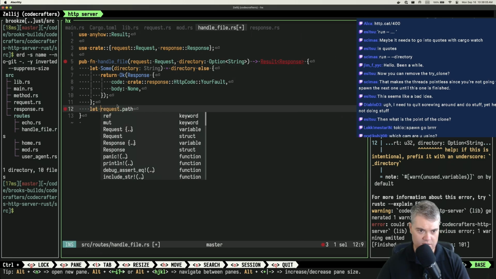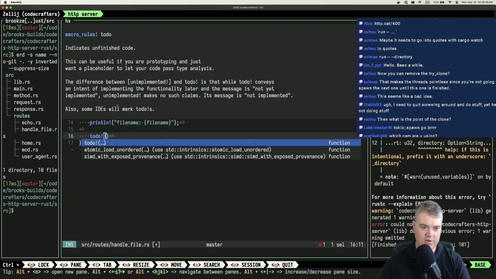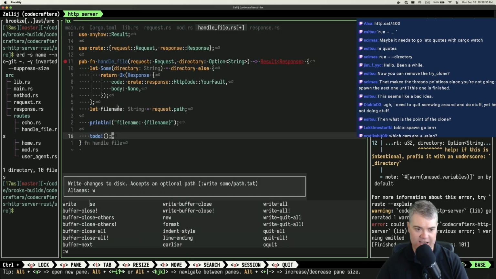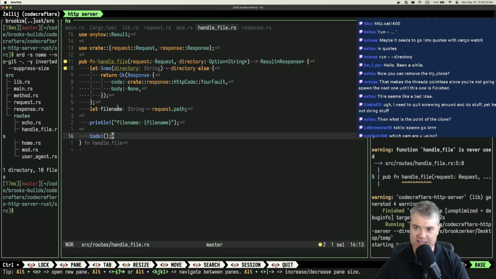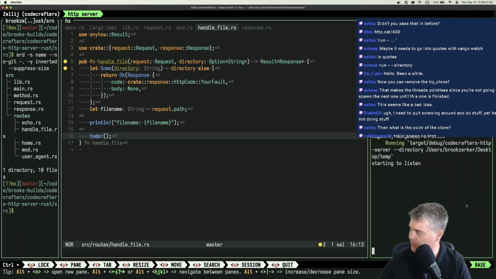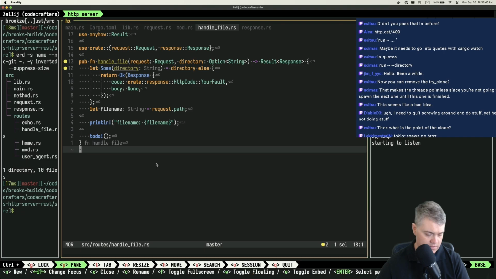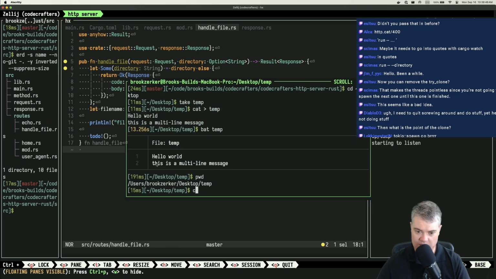Let our file name equals request path. Let's do a print line. And I will throw a to-do on here because I don't care if this immediately crashes. That'll make the error go away. And then I should see this sort of show up below me. Well, I can make it show up easy for you. Perfect. So if I run you now, we're gonna